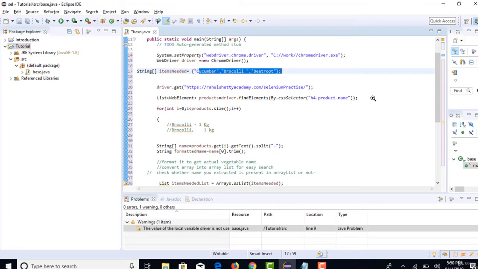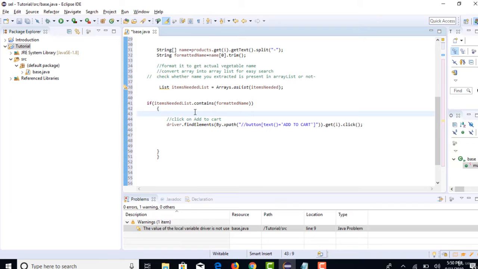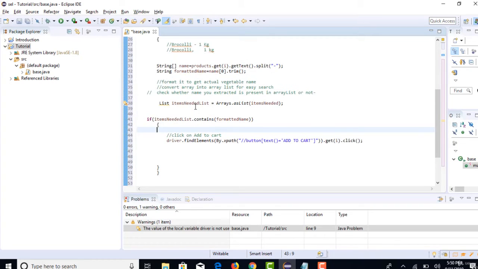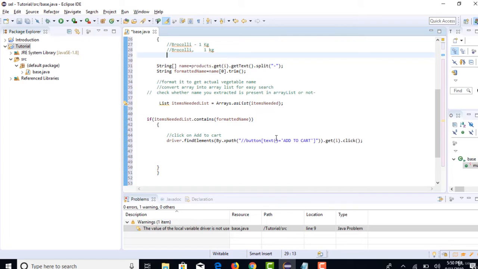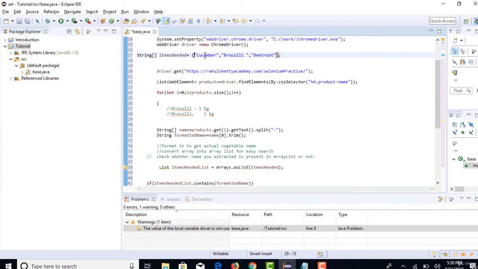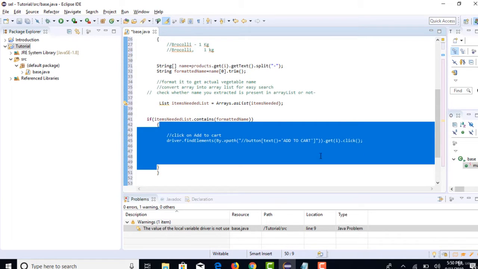So how to solve this problem? Let's see. See, Java itself is not enough here. You need to have some puzzle-minded logic. Let's try to solve this in that manner. So you are very clear that whenever it matches with the items in the array, it will come inside this if block, right?